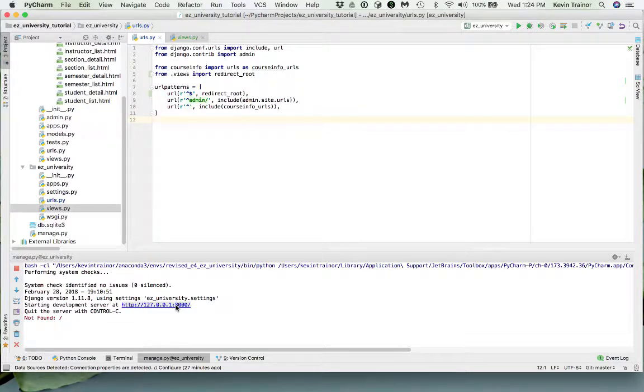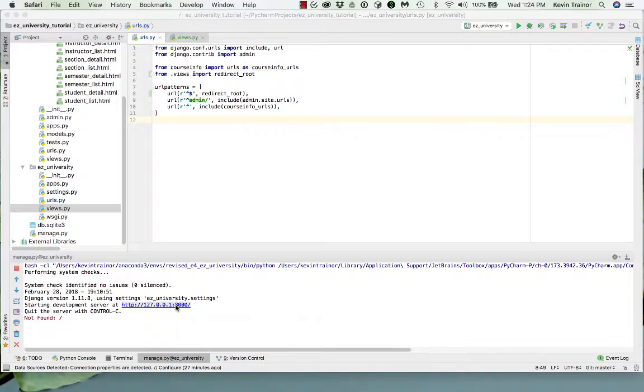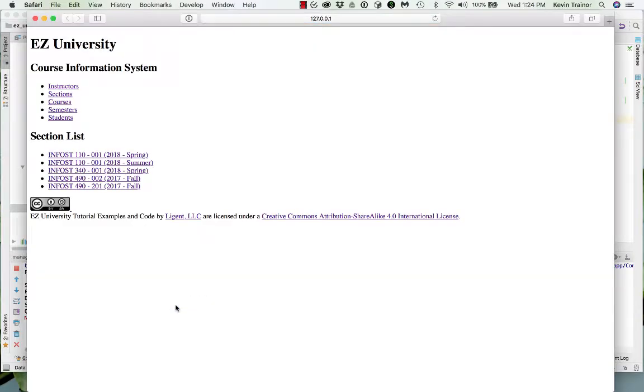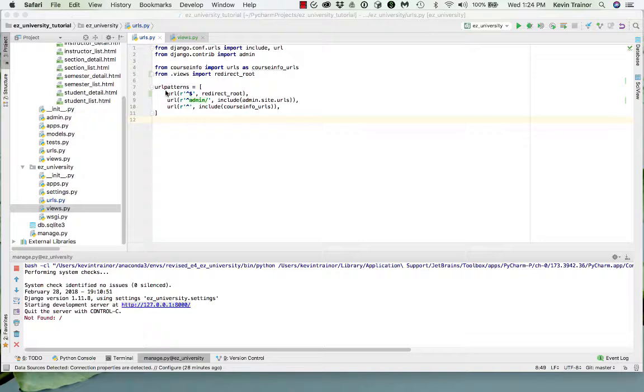What happens when we just enter the domain name? It should take us to section list. Let's see. Section list. Yay. Okay, we got that working. If we wanted to go somewhere else, for instance, if we had wanted to go to